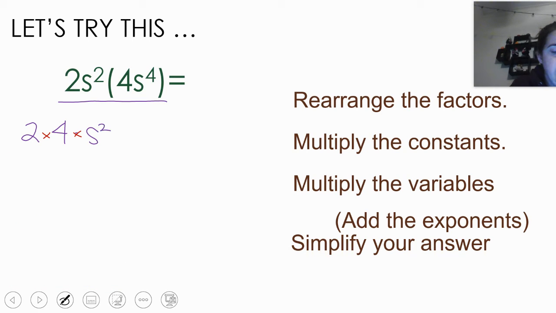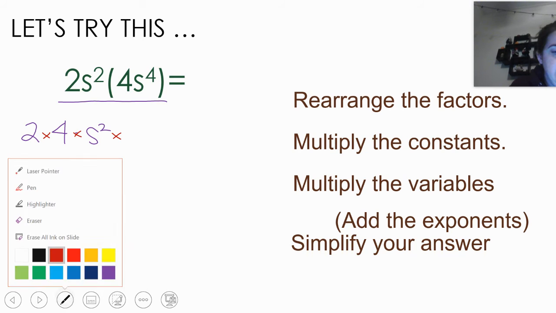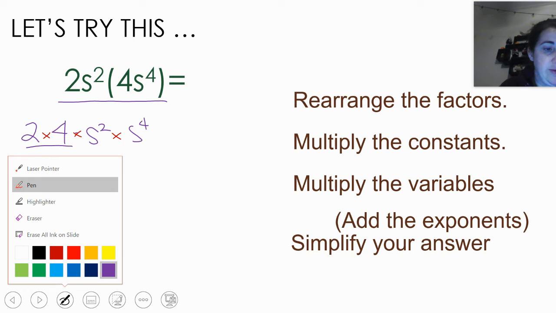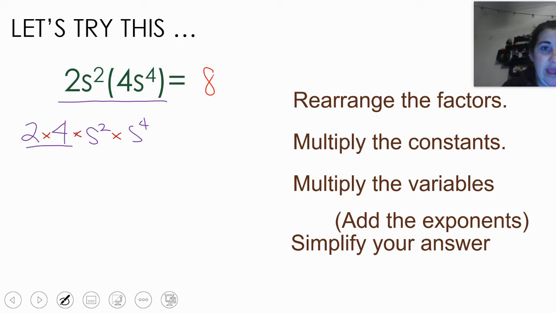S squared times S to the 4th. So I've just rewritten it. Now I'm going to multiply my constants. So 2 times 4 gives me 8. And then here I have multiplying my variables. But remember, when you're multiplying the exponents, the powers, you're actually adding them. So I'm going to add,